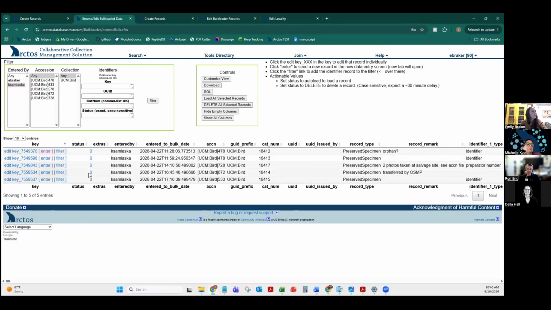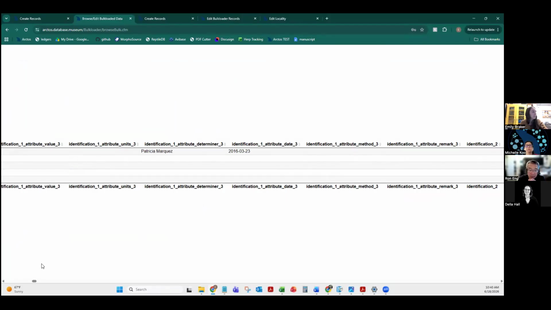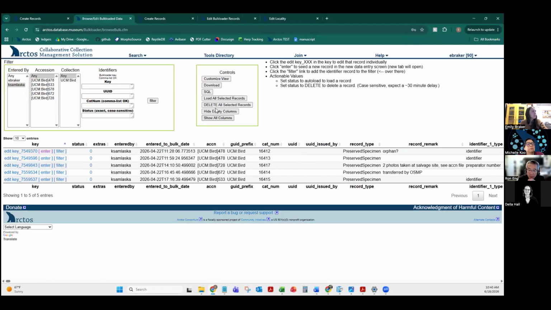And then filter. So basically there's all these controls here. Some useful ones are, this is a really long table, right? So maybe you want to hide all these blank fields that you're not using so you don't have to scroll so much. You can click that button. You can show all columns. But there are these controls where maybe you want to download these records so you can just see them more easily in a spreadsheet and manipulate them. Or you want to load the records or delete them. So a lot of times you're filtering this table to do these actions. And so usually you can filter